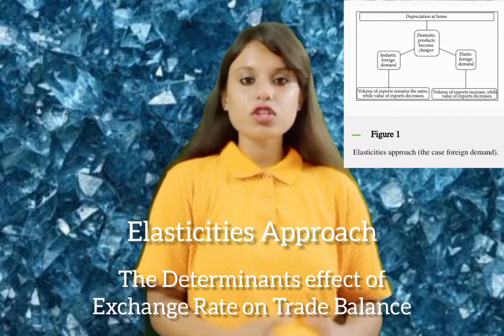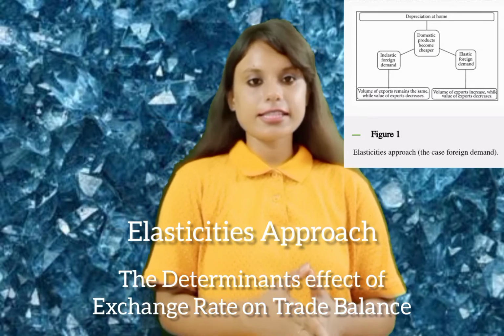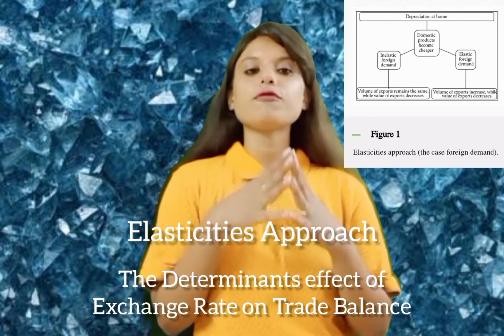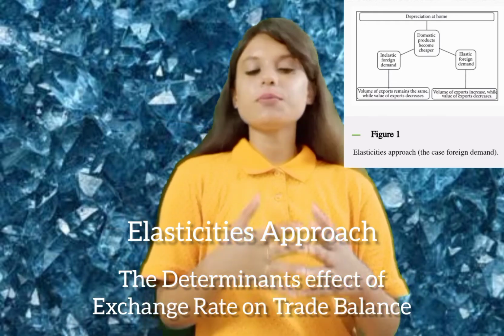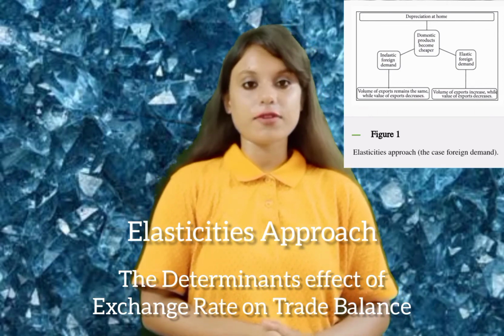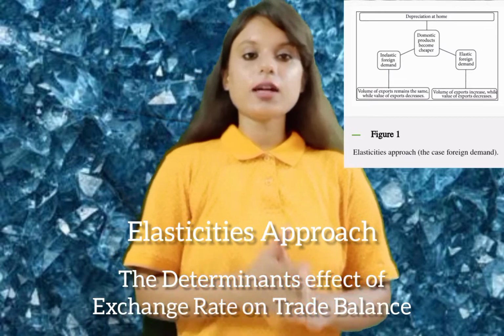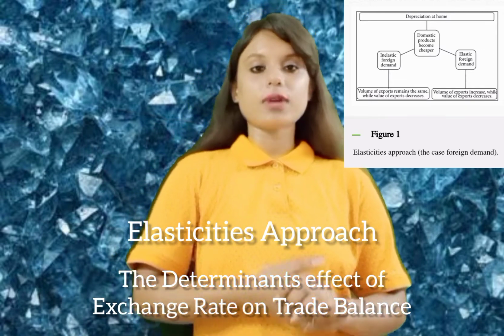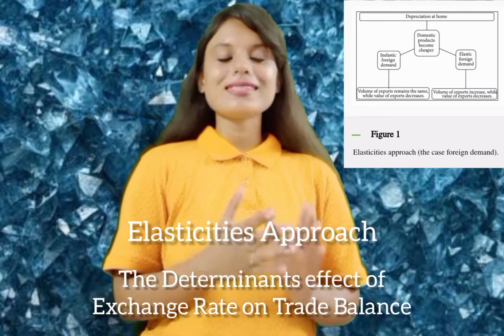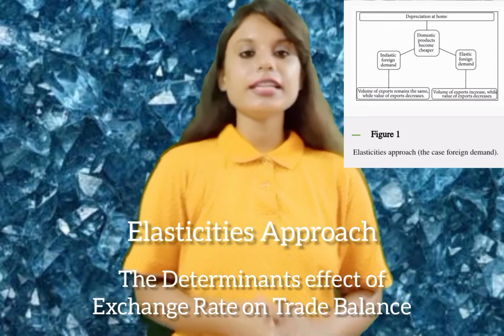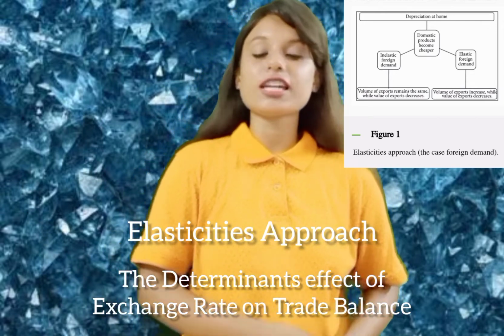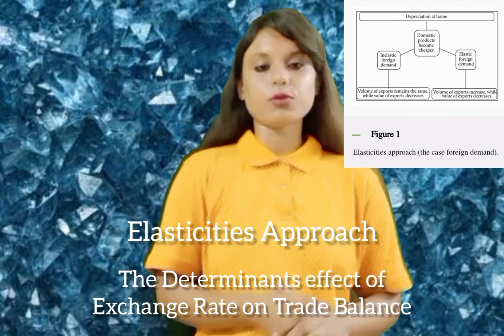Following the same notions, the case of domestic elasticity of demand can be understood in the same context. If domestic demand for foreign goods is elastic, the change in prices in the domestic market will lead to a change in the domestic consumer's behavior. The consumers will then compensate by consuming domestic rather than foreign goods, forcing the value of imports to decline. If we summarize it, we can say that if the decline in value of domestic imports is greater than the decline in value of the domestic exports, then the trade balance will improve.